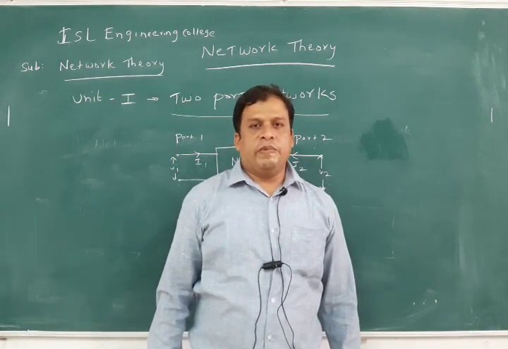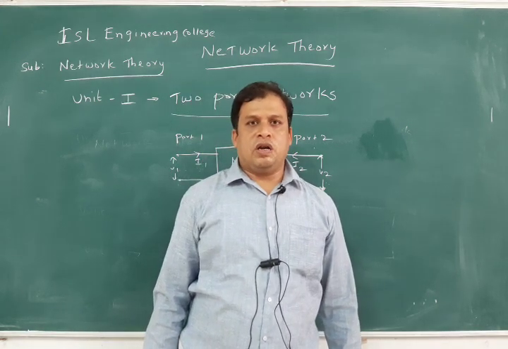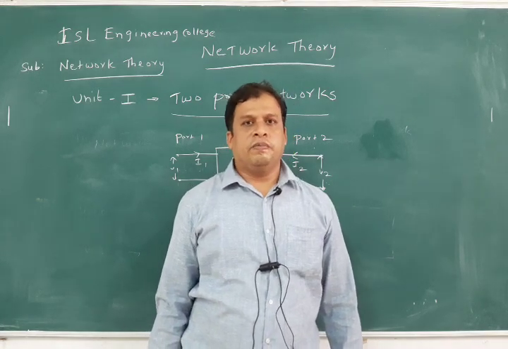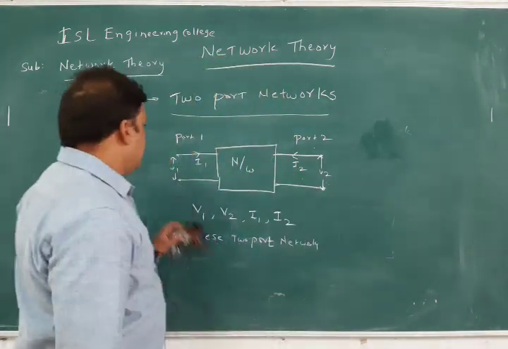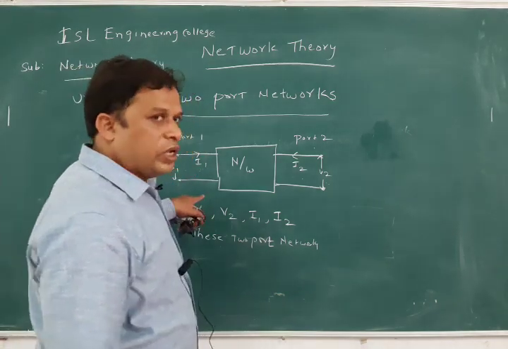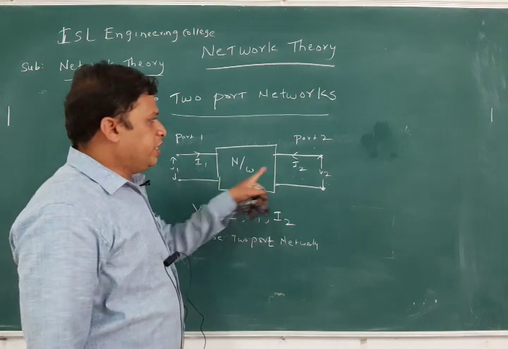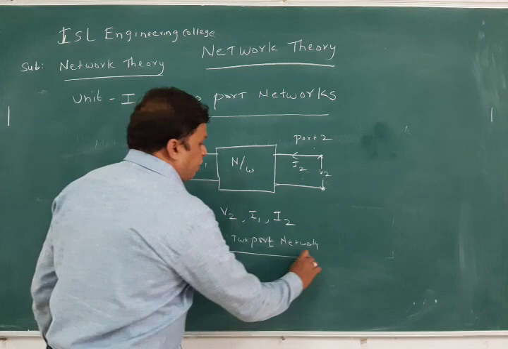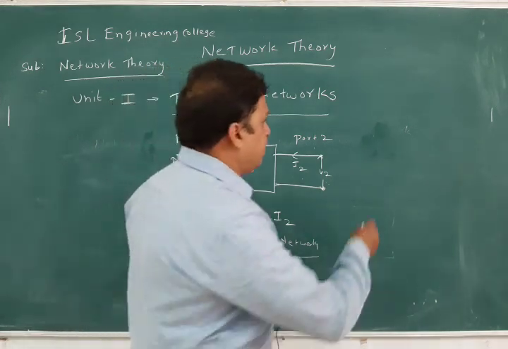What are the admittance parameters? Nothing but admittance parameters, or we can call Z parameters also called open circuit parameters. Now if you understand this, a two port network has two terminals, so on this port one side, and here also two terminals will be there, and these two port networks are having some parameters, and those parameters are called as